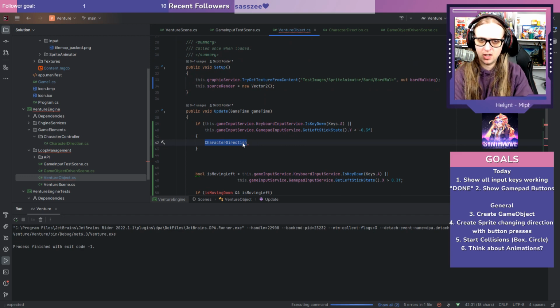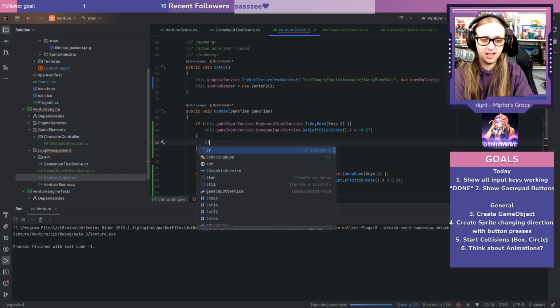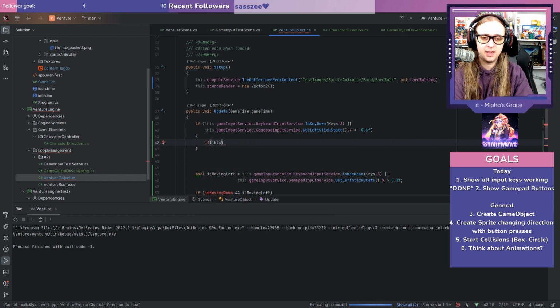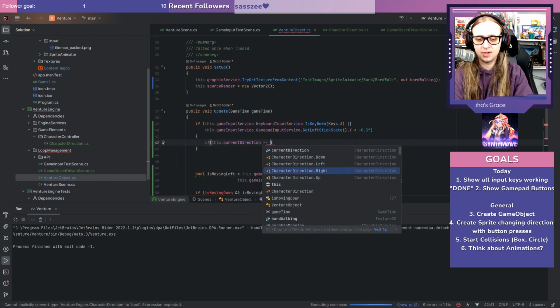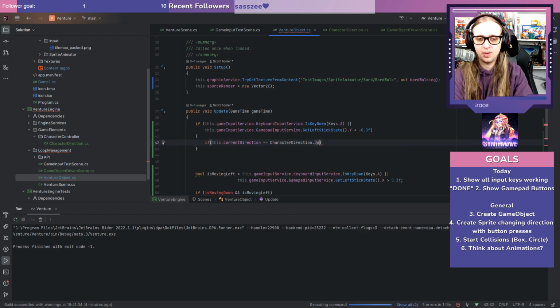So if we are looking down, we would say that if this current direction equals up,